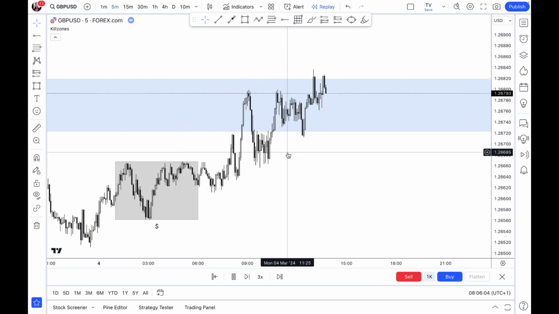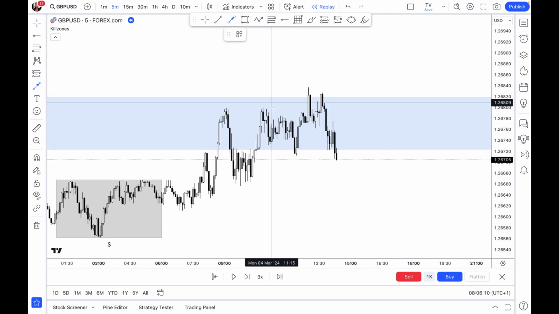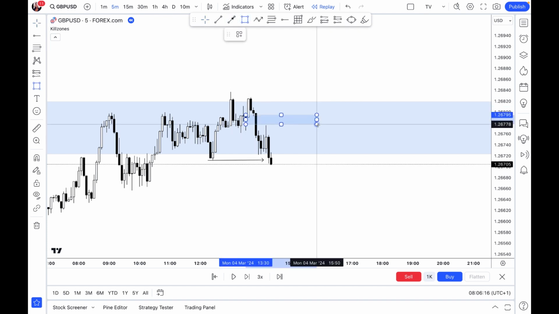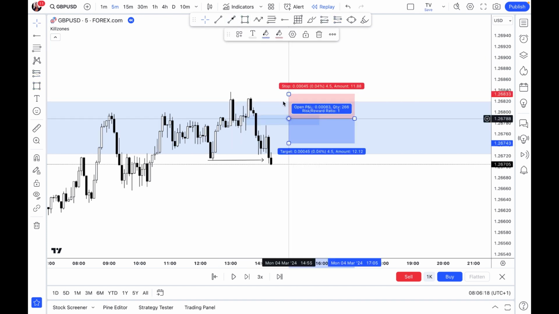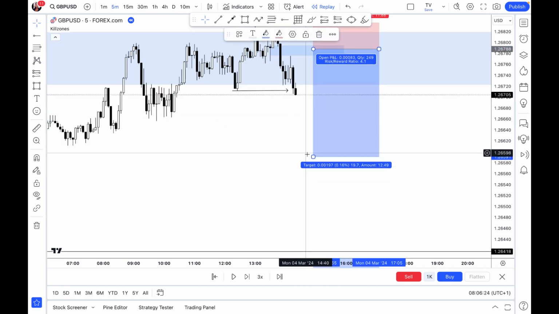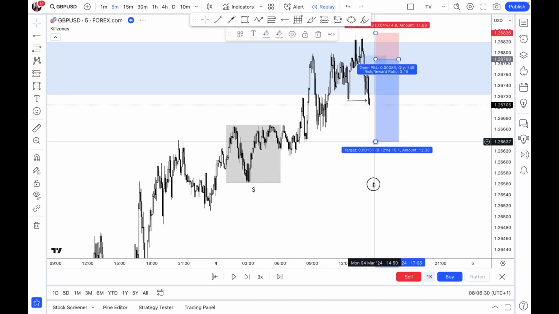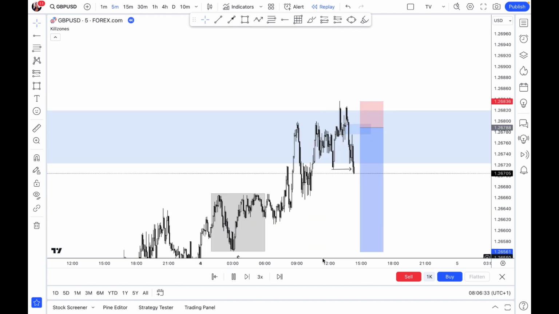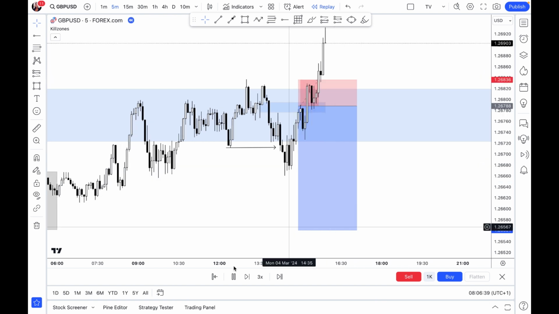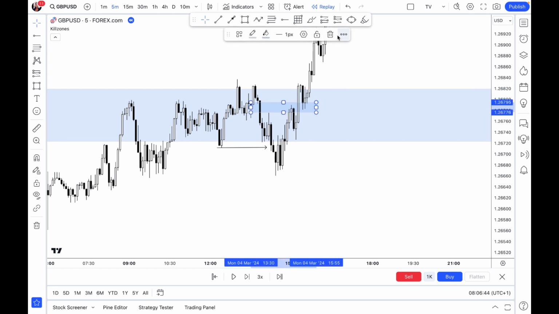But a lot of people actually took a sell trade right here after the market took out this low. The market did create a level right here that a sell trade could have been taken from, with your stop loss at this level, targeting the usual 1 to 3 RR around this zone, or targeting the Asian range low. But as you can see, the market just tapped into that zone and the stop loss was taken at that level. So it was a good thing for me for not taking this trade at all.